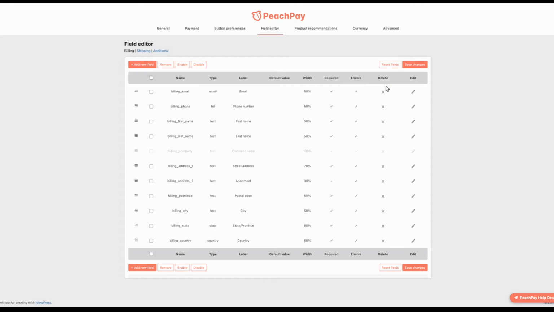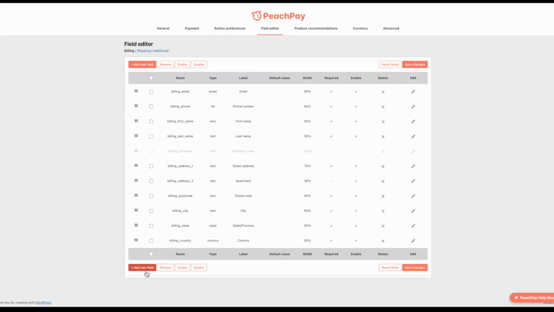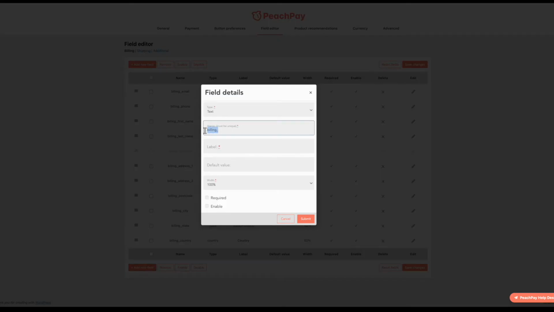So if you go here, we have a bunch of our default fields and whatnot. We can go ahead and add a new field. We have a selection from text, select, radio, phone, email, checkbox, header, etc. I'm going to go ahead and go with text. Needs a unique name, so we'll just go with demo underscore field. We can label it as